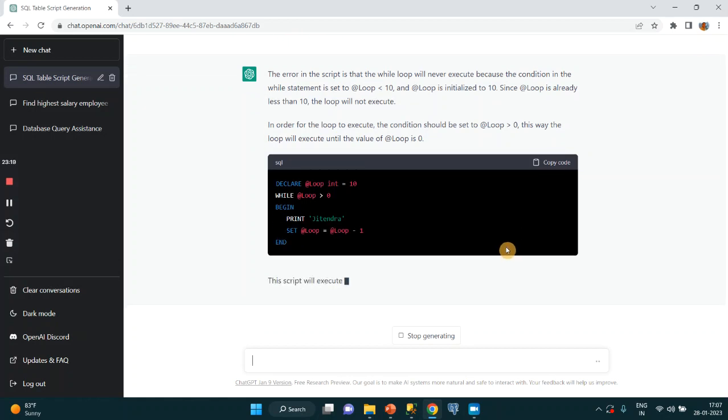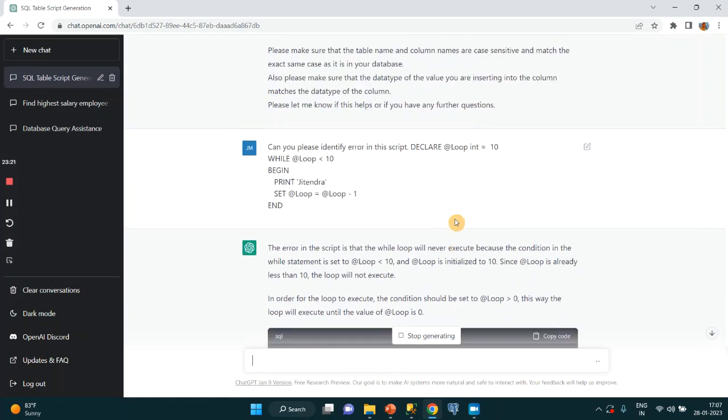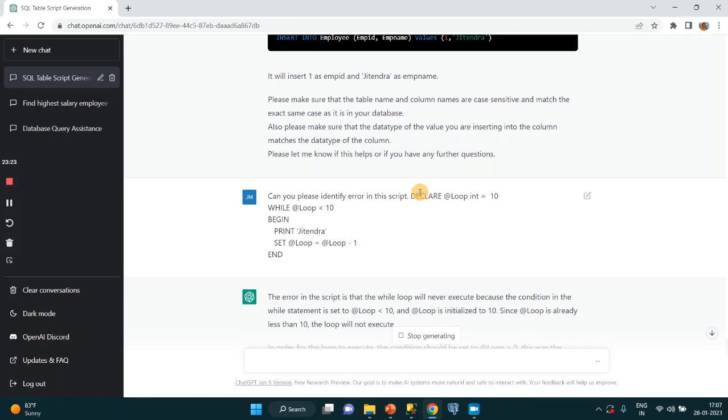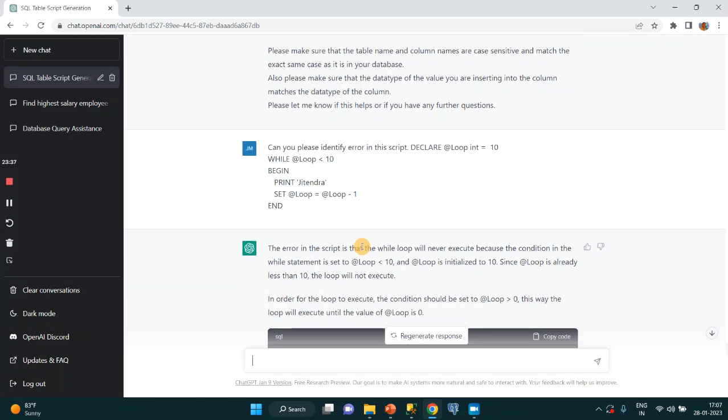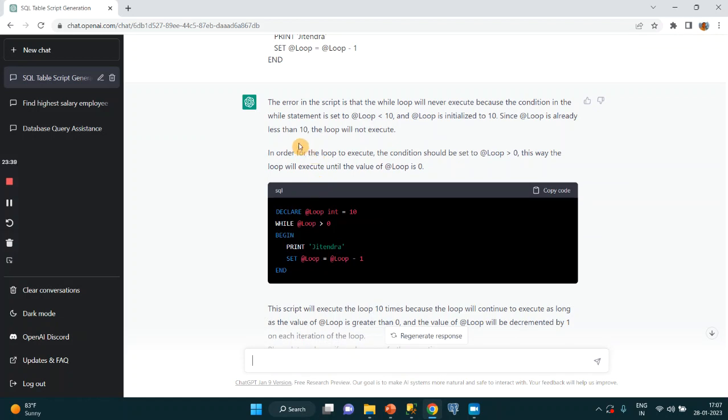See, guys, did you understand? The loop we provided is that I'm declaring the variable with value 10, and then I'm saying while my variable is less than 10, which is never going to happen because it is already 10. Okay. So it has said that the error in the script is that the while loop will never execute